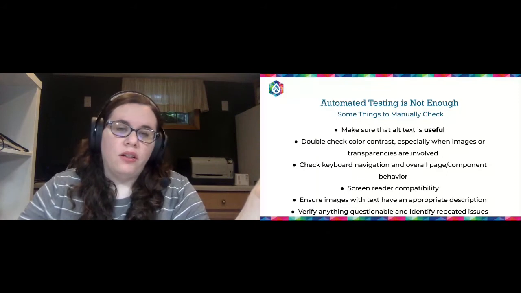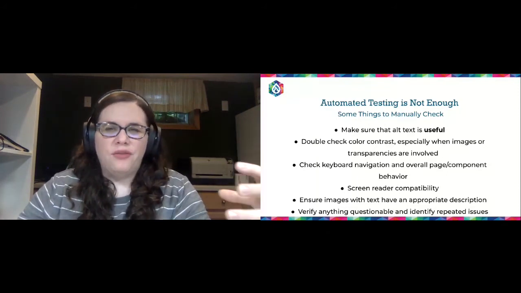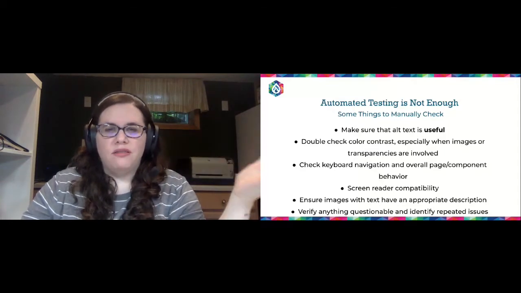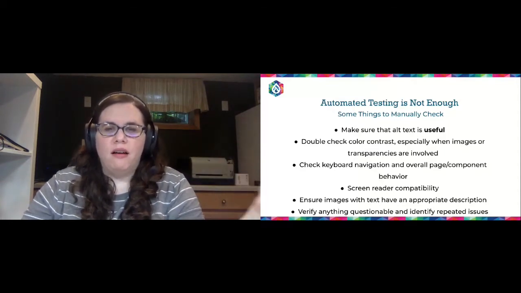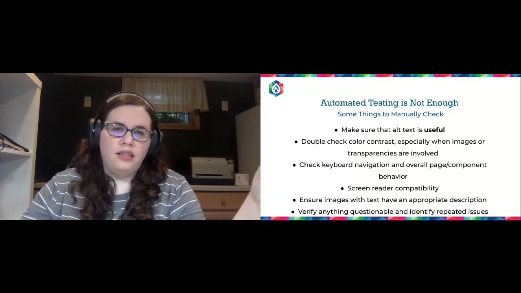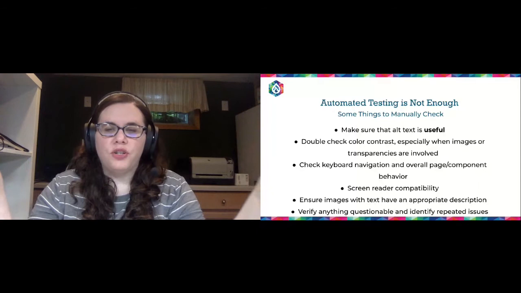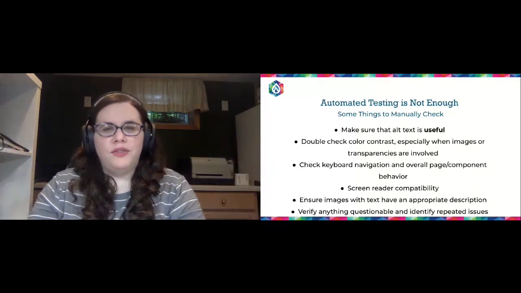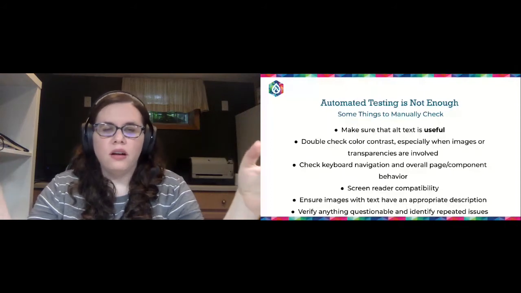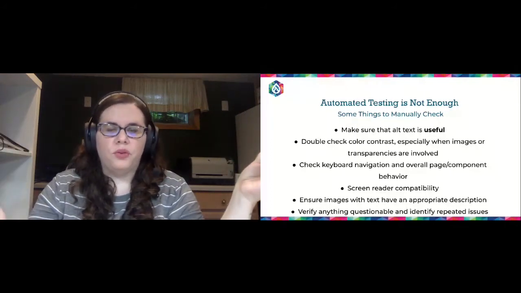And also with color contrast on images, make sure that it's eye friendly. If it's straining your eyes, maybe adjust it. You don't want anything that's going to cause your users discomfort to look at your page. Another thing to always look at is anything with keyboard navigation or behavior. These testing tools can't find them. They can't test to make sure that your keyboard navigation is in the right order. They can't test anything with your JavaScript or the behavior of the page.